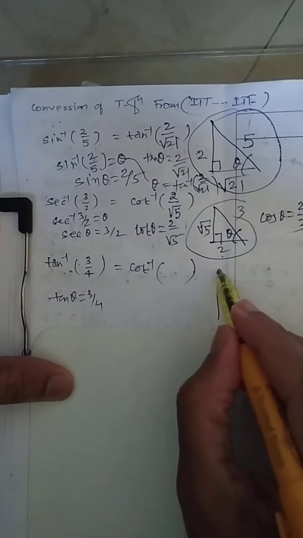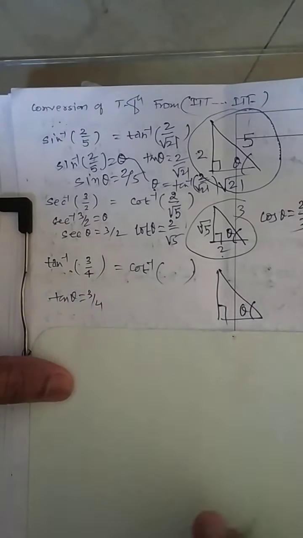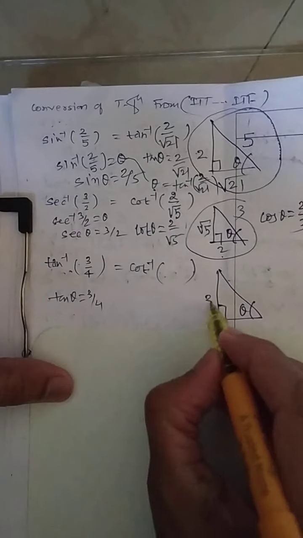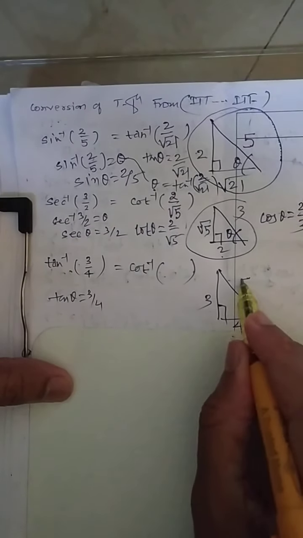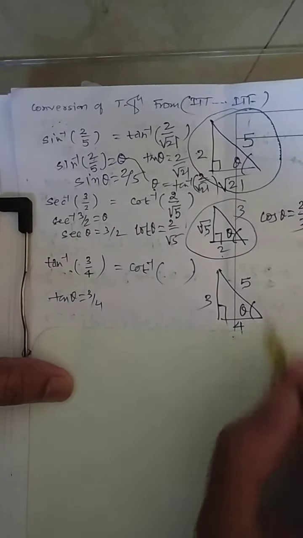Look here. Tan inverse of 3 by 4. So what should I write? Tan theta is nothing but 3 by 4. Now again draw the figure. Here I should write theta. Tan is 3 over 4 with respect to this theta. If you know the Pythagoras theorem, you know this one. If I ask you what is cot of this theta, cot will be nothing but 4 by 3. So the answer is cot inverse of 4 by 3.